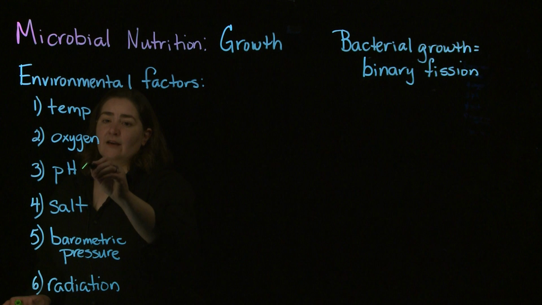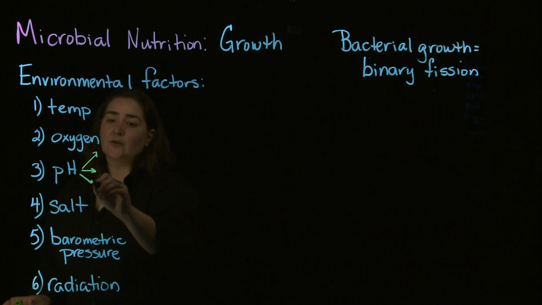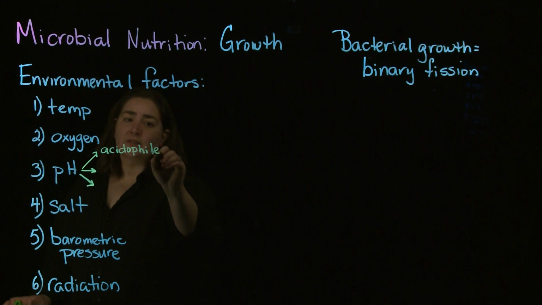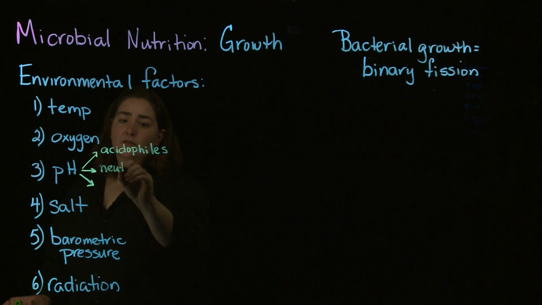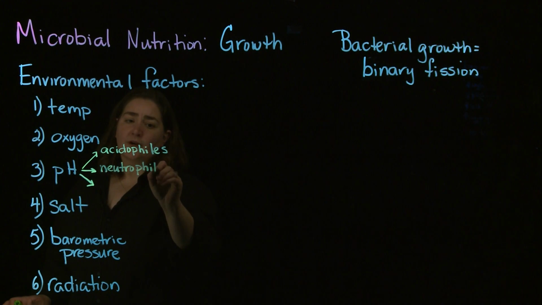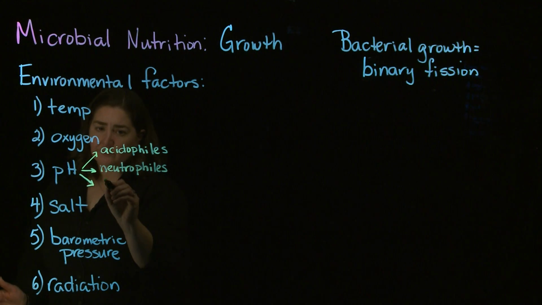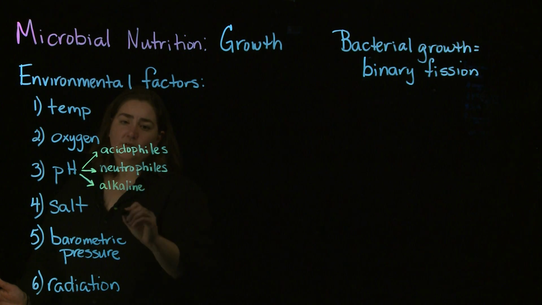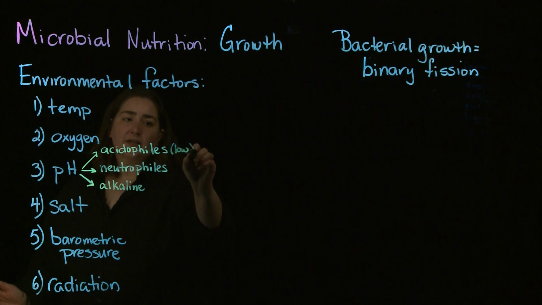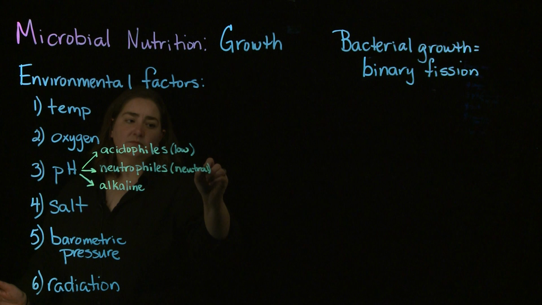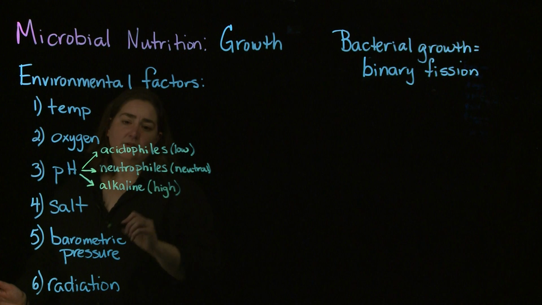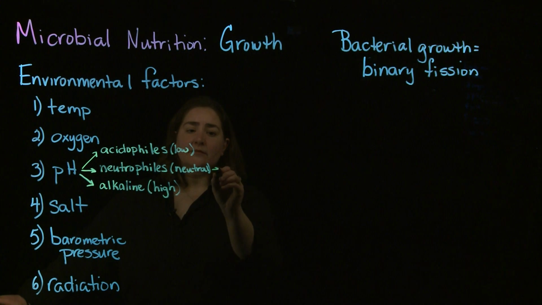pH, you are going to have kind of three categories, again, like we had with temperature. We're going to have the acidophiles. We're going to have the neutrophiles. And then we've got alkaline. Okay? So this would be low pH. This would be a neutral pH. Let's put the L in there. This would be a high pH. All right. In terms of those neutrophiles,